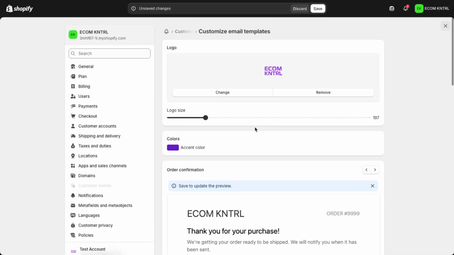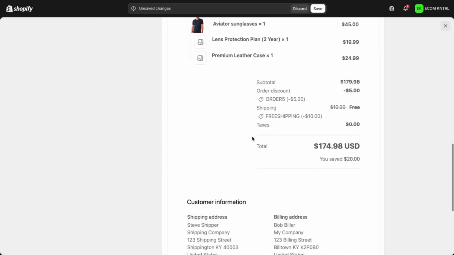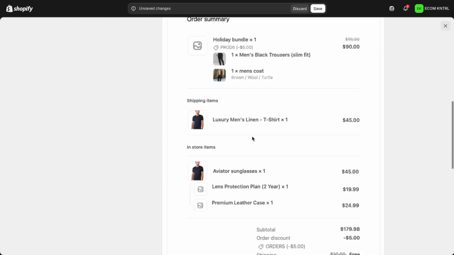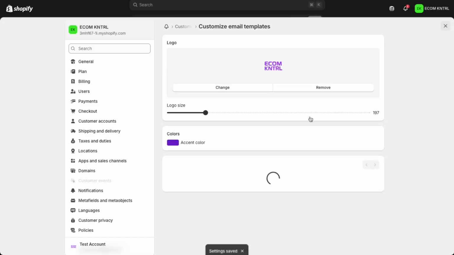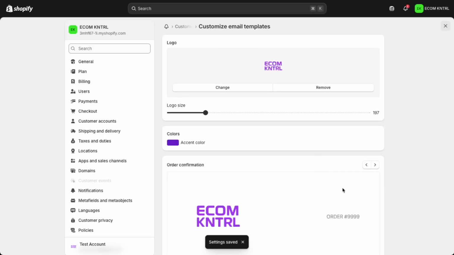If you want even more control, there's an option to edit the code of the templates. This is typically written in HTML and Liquid. Only use this if you're comfortable working with code, or consider copying the existing code first so you have a backup. When you're happy with your logo, colors, and any code changes, make sure you click Save. This applies your changes